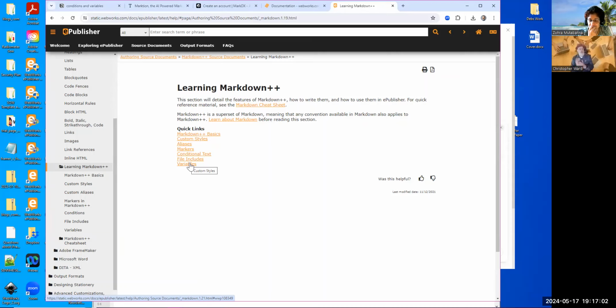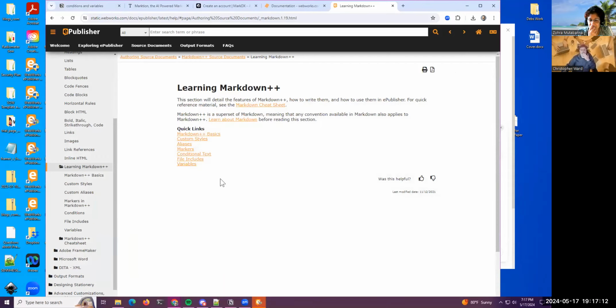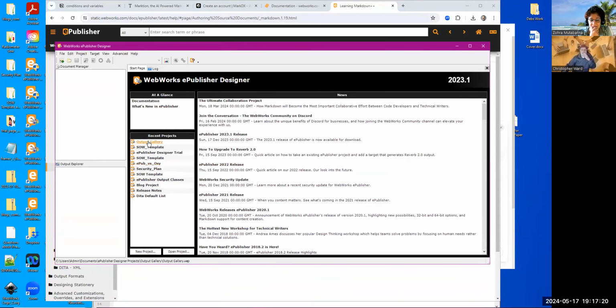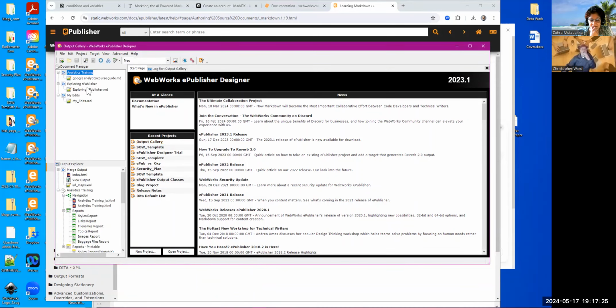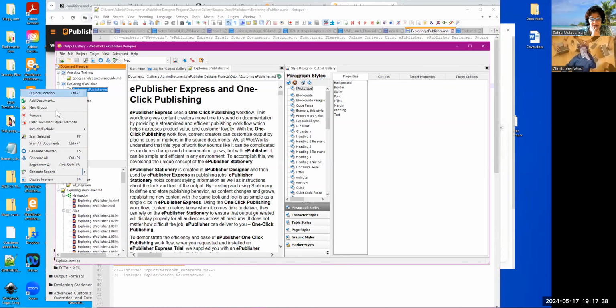Okay. So if I wanted to generate an output, let's see here. And this is our ePublisher tool. I'll show you this real quick. And I promise you, this is not a plug for ePublisher. I'm just kind of explaining how it works. But if we go to this, this is going to have it. So you can see here my exploring ePublisher. You can see this is that include that I was talking about. Okay. So if I explore the file,